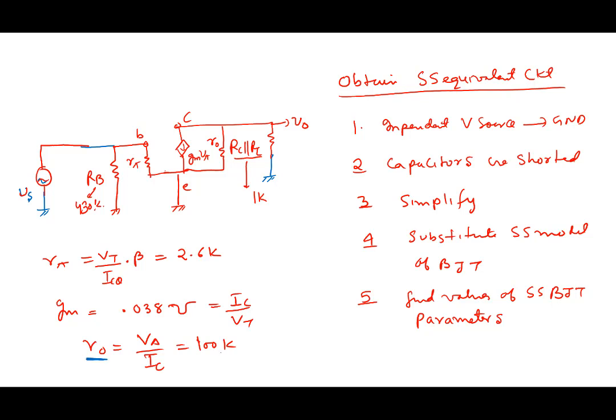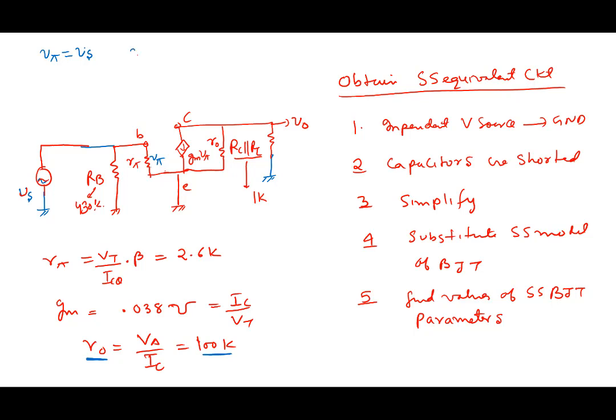R0 is 100K, and 100K in parallel with 1K, why bother with R0? Right, so we remove this. So we simplify the circuit, and it's obvious what we have done, circuits like this right in the beginning. So we know this is V pi. From here V pi is basically equal to Vs. We can see it here. V pi is nothing but Vs,